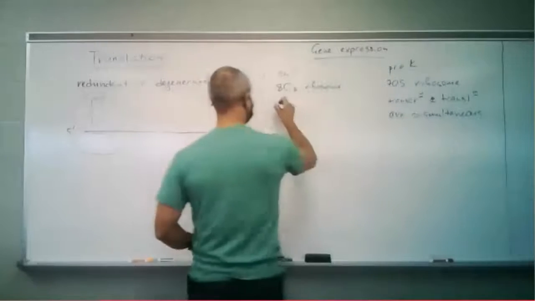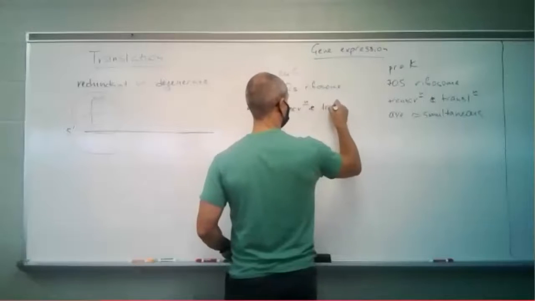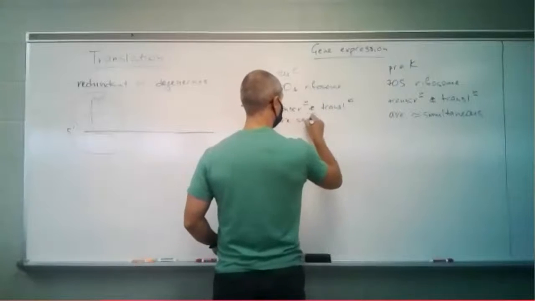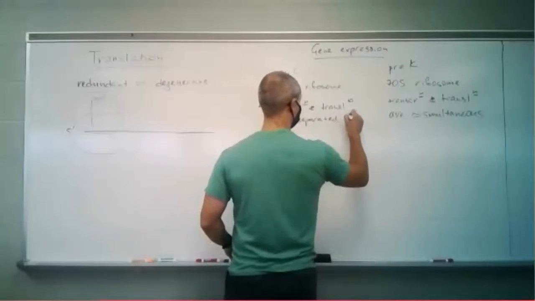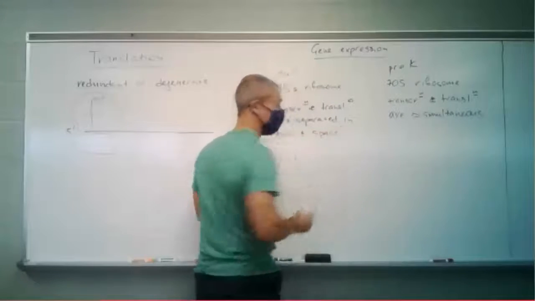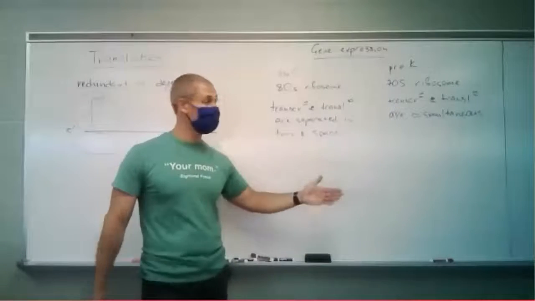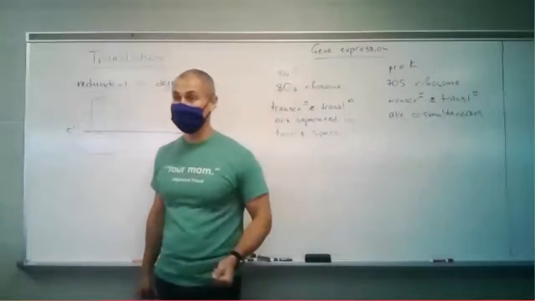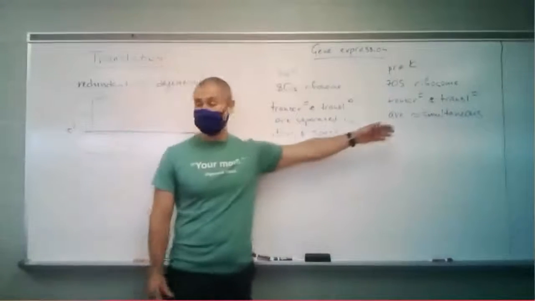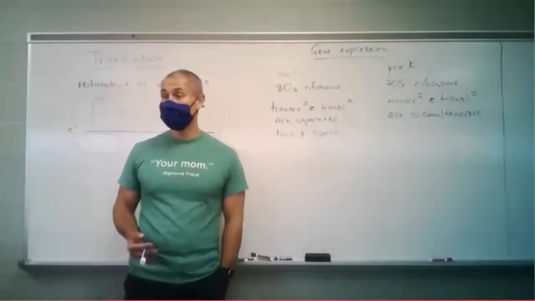In eukaryotes, transcription and translation are separated in time and space. So basically, what I'm talking about here, you have nucleus, you have splicing, there's no splicing in prokaryotes. That makes sense? There's no RNA modification in prokaryotes, a lot of RNA modification in eukaryotes. And finally,